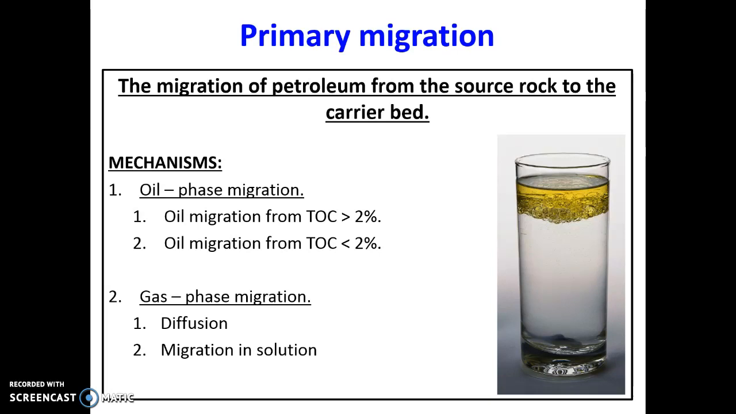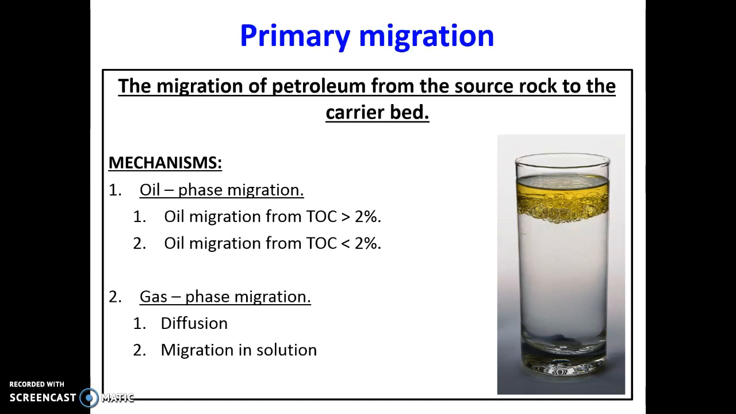Alright, next, there will also be gas phase migrations, in two mechanisms: diffusion and migration in solution. Diffusion is a spontaneous, irreversible process in which hydrocarbons move in the direction of lower concentration, in a slow process. So the mechanism will take place when the hydrocarbons migrate dispersedly from higher to lower concentrations, according to the